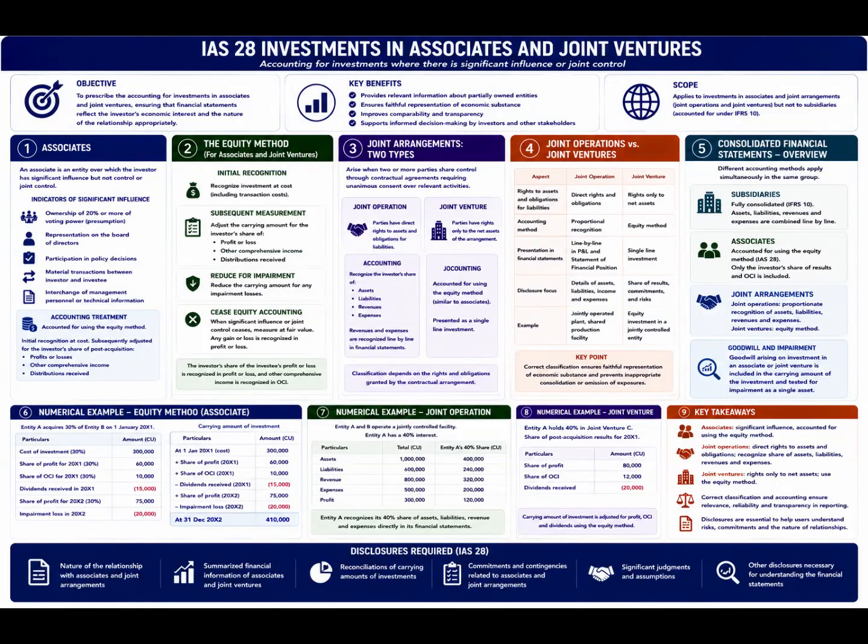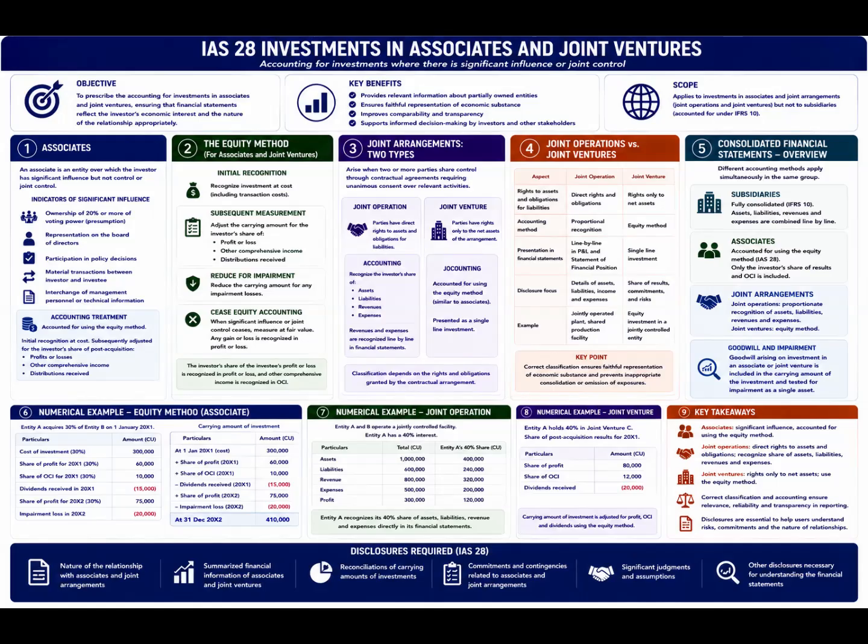IAS 28 Investments in Associates and Joint Ventures establishes the accounting principles for investments where an entity exercises significant influence or joint control rather than full control. These arrangements are important because many organizations participate in strategic partnerships, collaborative projects, and partially owned investments that do not qualify as subsidiaries. Associates and joint arrangements require different accounting treatment from subsidiaries because investors do not possess unilateral control